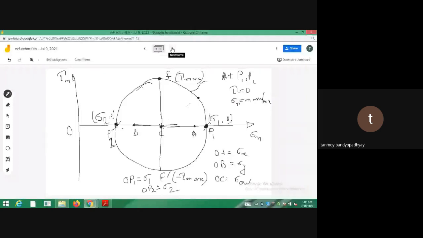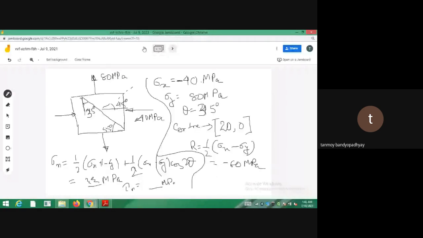So you can see that, which point actually represents the maximum principal stress? দাঁড়াও আমি পয়েন্টে চলে আসি।